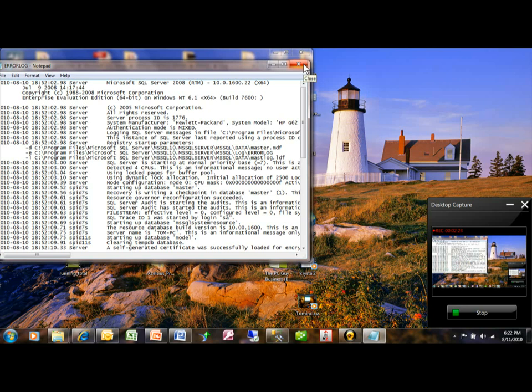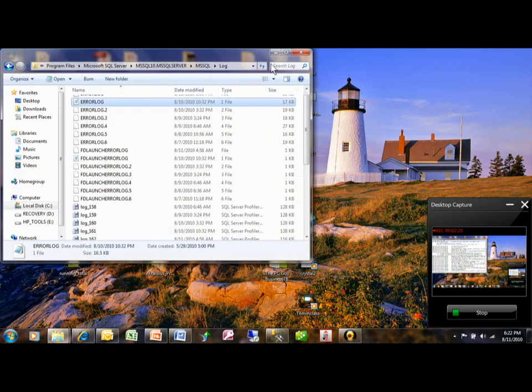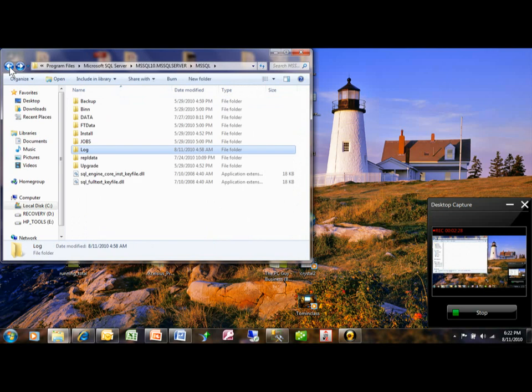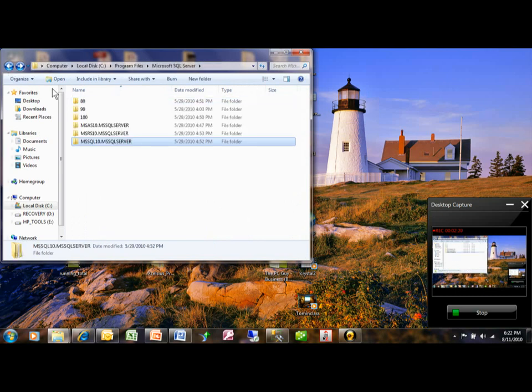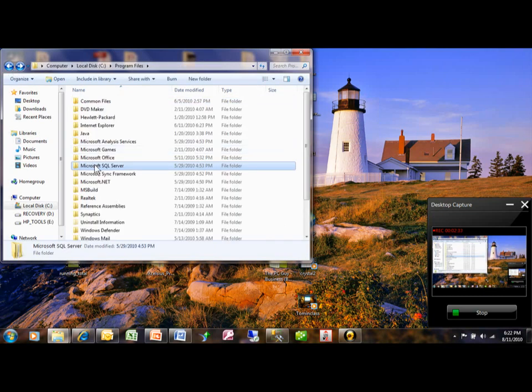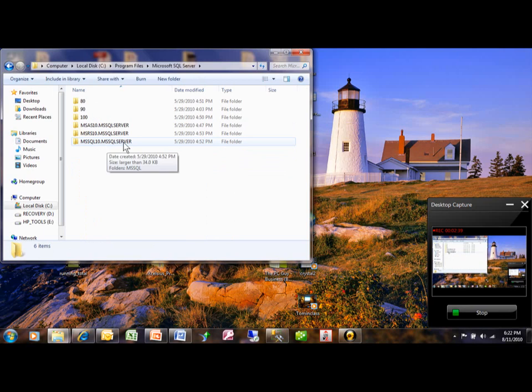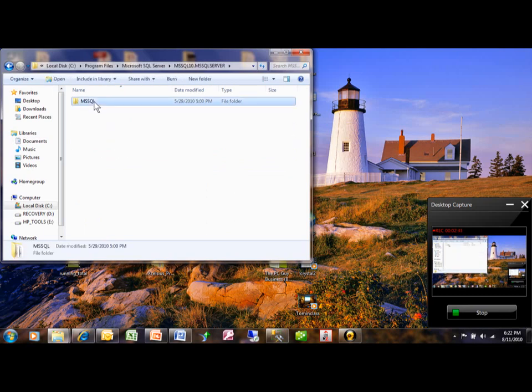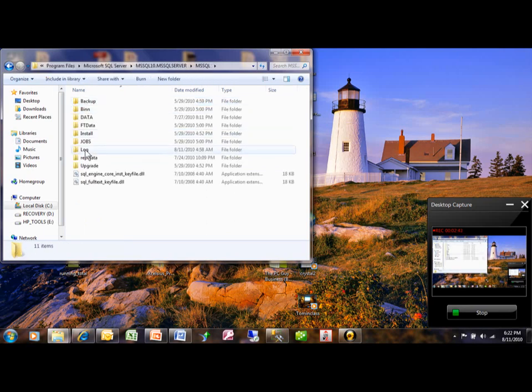So let me show you the folder again, to make sure you see that. We picked Microsoft SQL Server from Program Files. We went into the SQL Server over here, MS SQL, and then we have Log, and then you can get